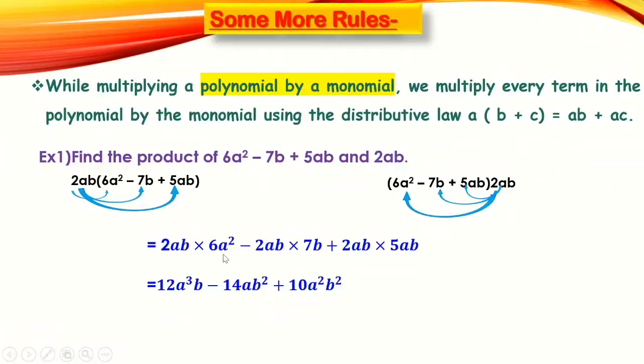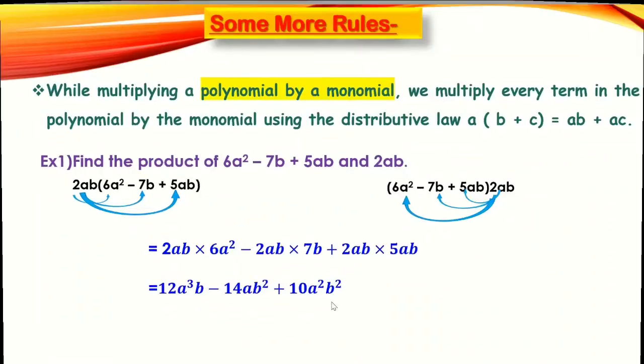And you know how to multiply the terms now. 2 sixes are 12, a cube b, minus 2 into 7 is minus 14, a b square, plus 2 fives are 10, a square b square. And either you do it in this way, you will get the same result. Fine. I hope you understood. Next,